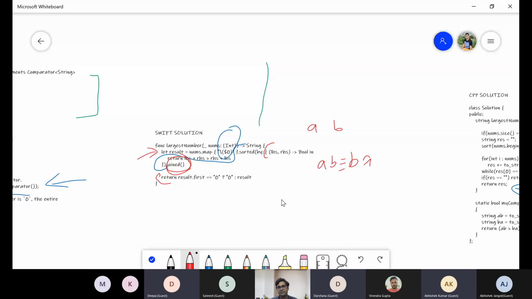So basically, it will compare the strings also, right? Suppose 2 and 10 are the two numbers. Basically, it will compare the two strings 210 and 102, not the integers. Our programming languages are very evolved languages, so they know how to compare the numerical strings also. That's the benefit we are getting.